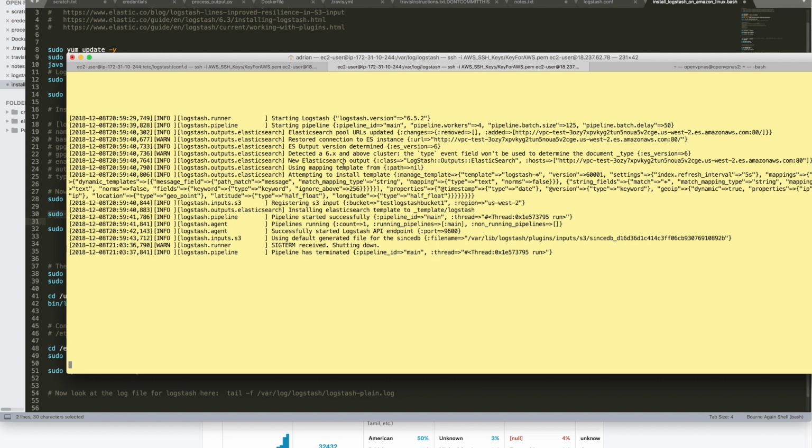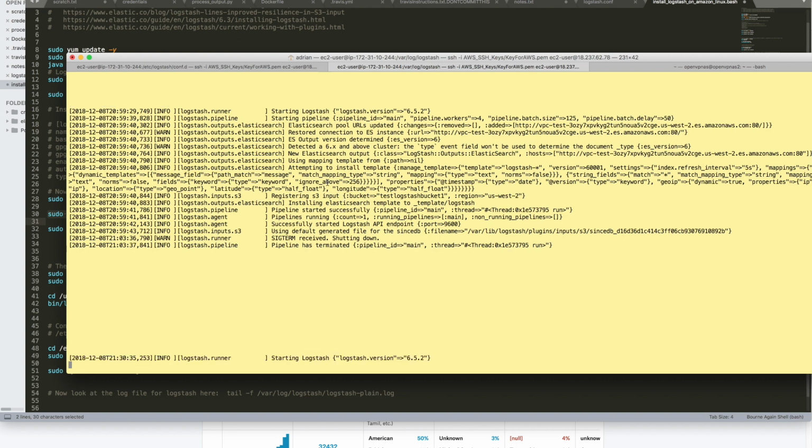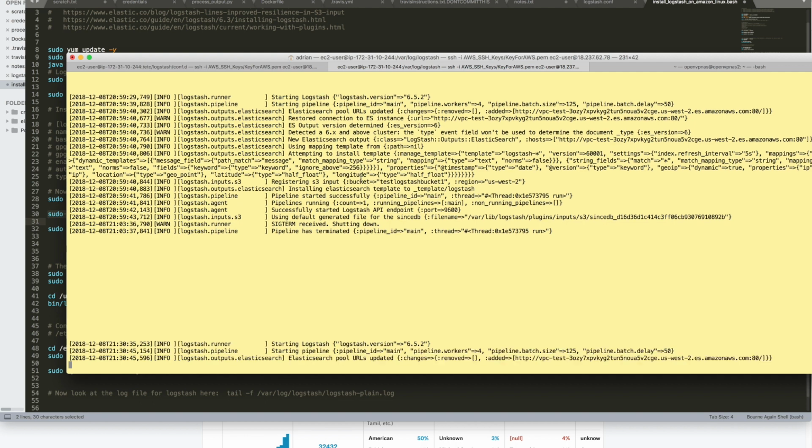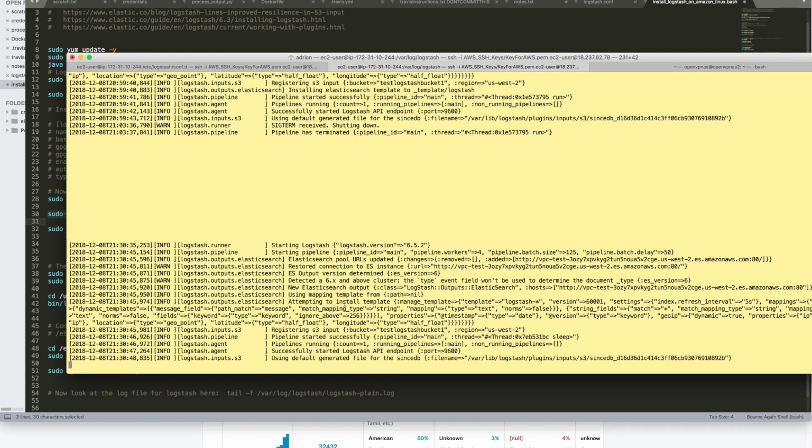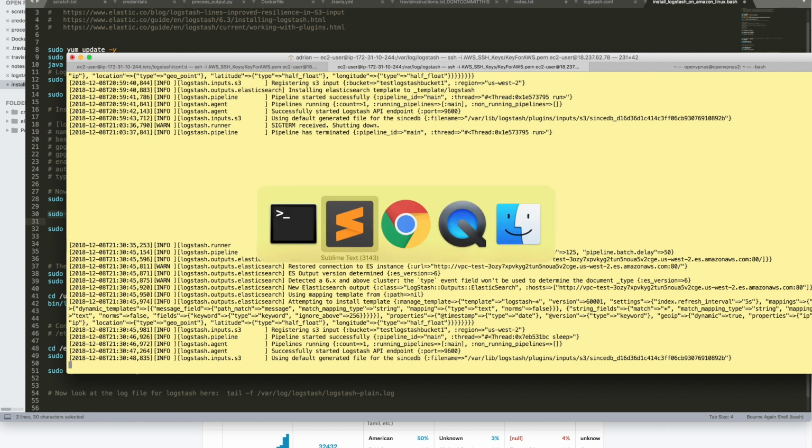This is from the previous output from that loading, and you can see that it connects to S3. It uses a file to see how far it's been in the process, and then it starts to load that data into Elasticsearch. So this looks like it's a pretty normal startup. It's installing the template that we just looked at, and then registering the S3 bucket, and then the pipeline started. So right now it's putting that data into Elk,